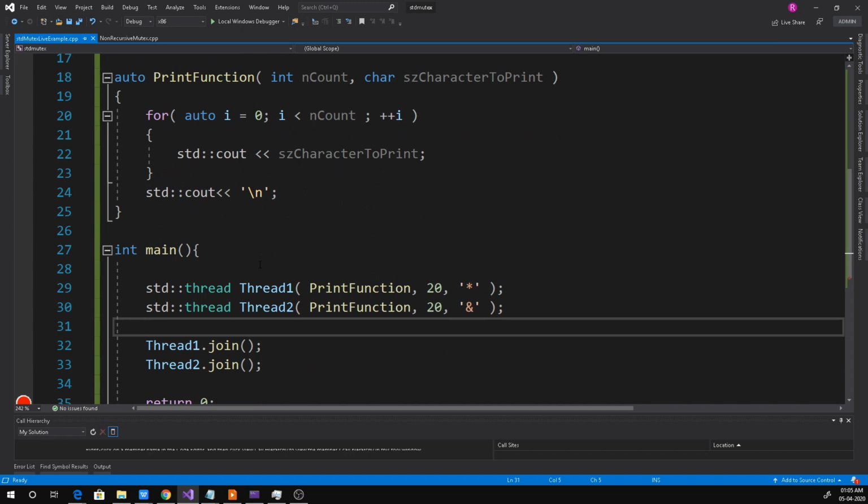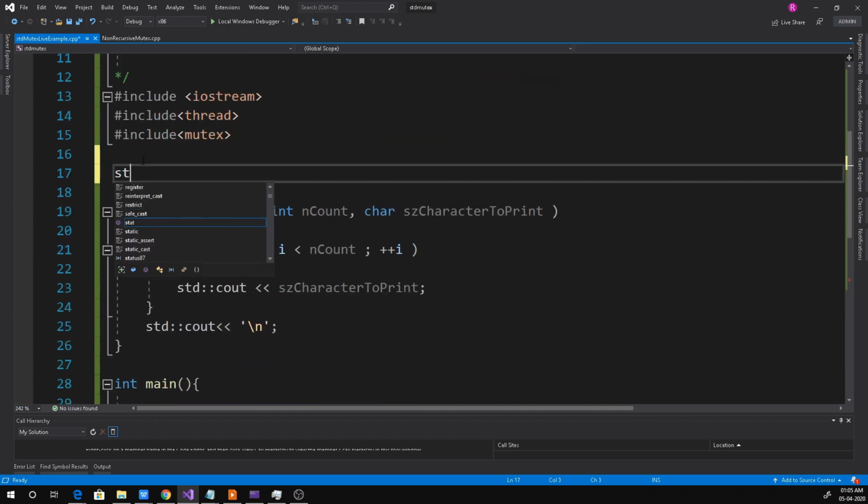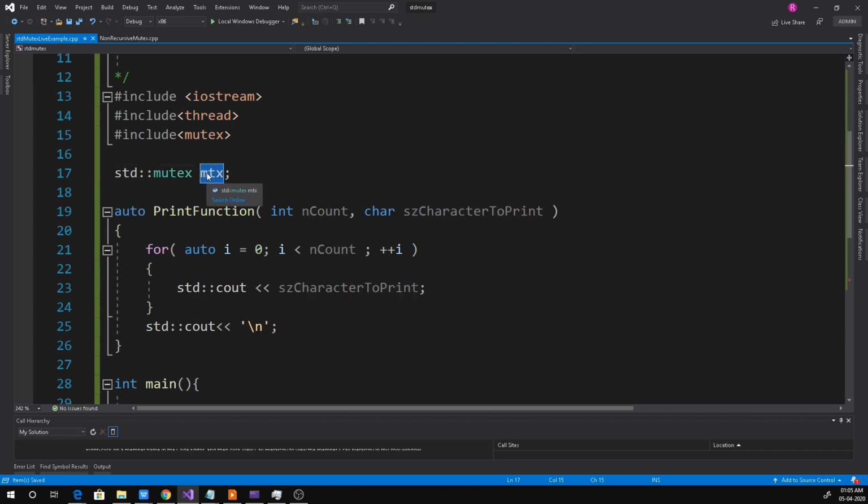Now let's modify the print function and apply synchronization using mutex. For that, we have to create a mutex object. First, we add std mutex lock before the output printing section.